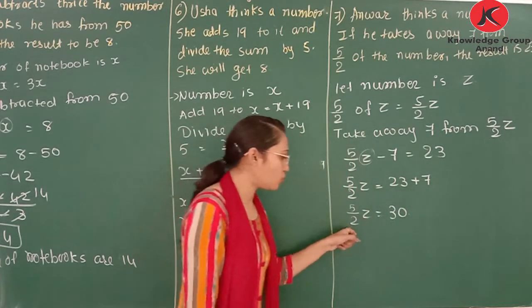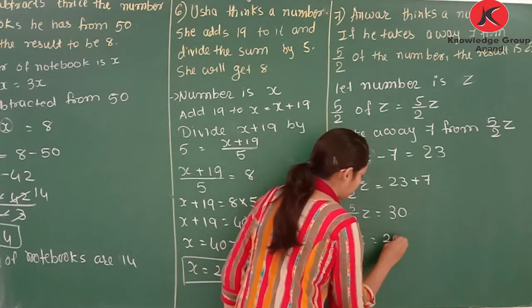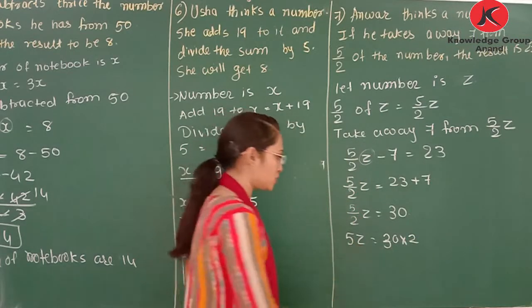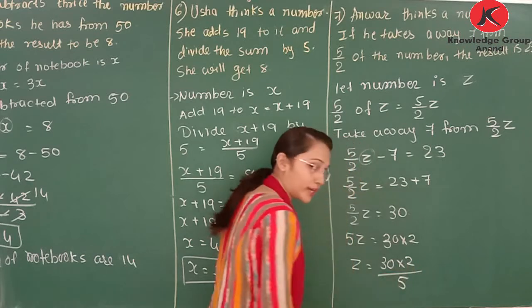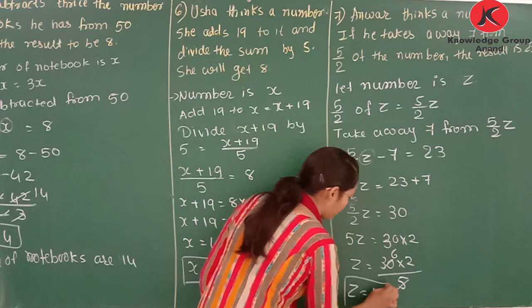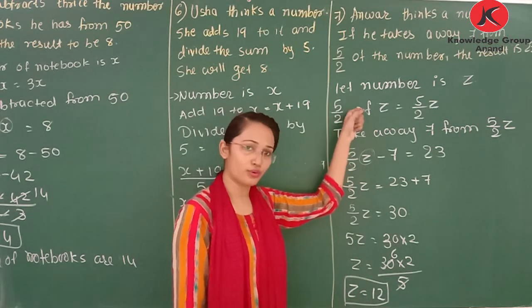Now 2 is in division, so it becomes multiplication, and 5 is in multiplication, so it becomes division. You can cut the common factor. So z is equal to 10.8. Means which number does he think of? He thinks of 10.8. 5 by 2 of that is